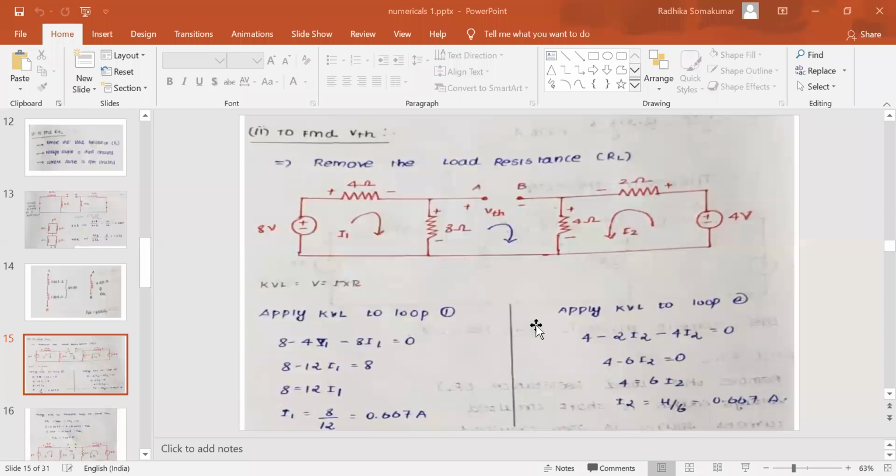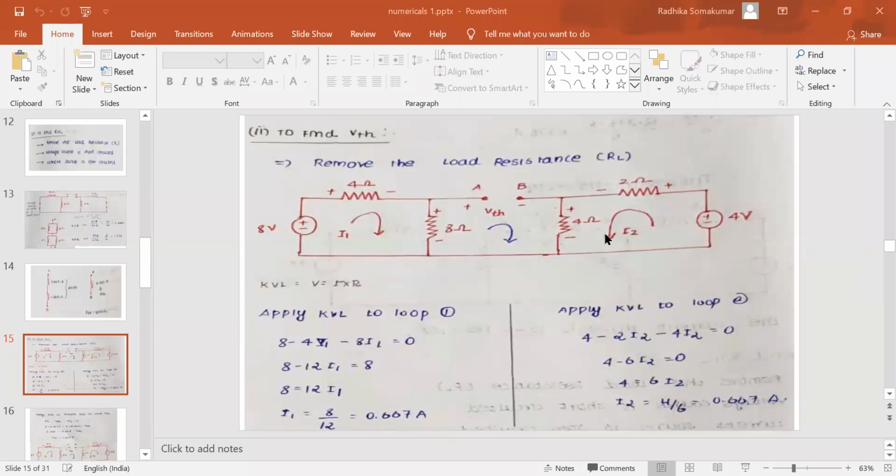Next step is to find the VThevenin over here. Two methods are there. I believe we have already done the nodal method, so we shall see the alternative method, which is writing KVL equations. By using the KVL equation, we shall see how to find the VThevenin value. For that, you can consider these two as two meshes and mark the mesh currents I1, I2. Now, here you can see that current I2 can be marked in both directions.